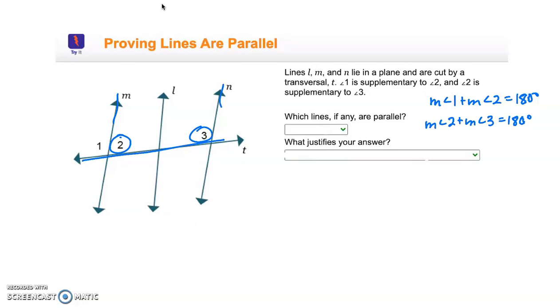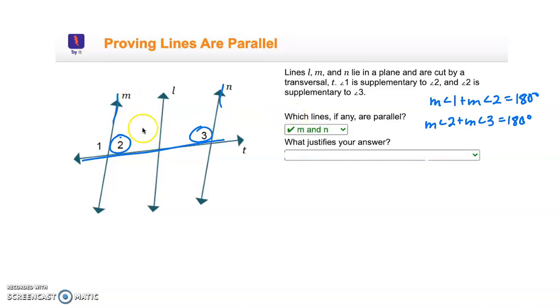Well, they're on the same side and interior angles. They're same side interior angles. And what do we know about same side interior angles? We know same side interior angles are supplementary. So if that's the case, if 2 and 3,